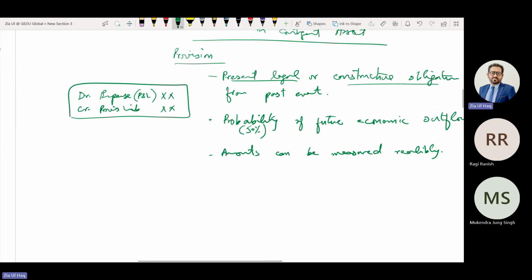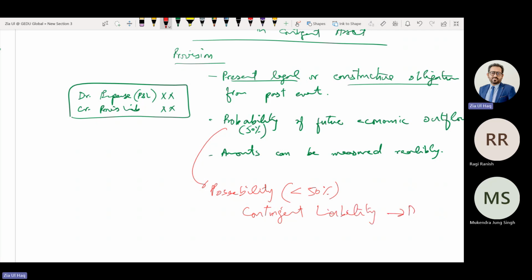If there is no probability but a possibility, possibility means chances are less than 50%. In that case, we need to disclose a contingent liability.